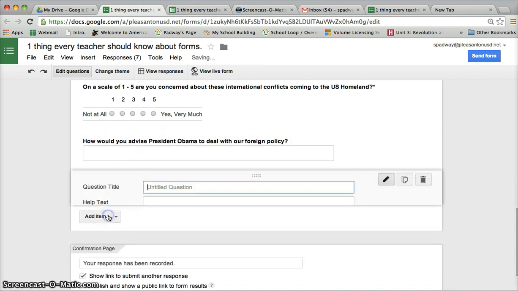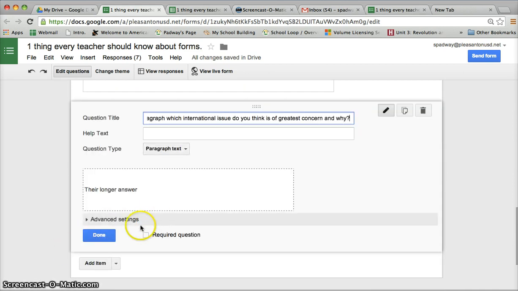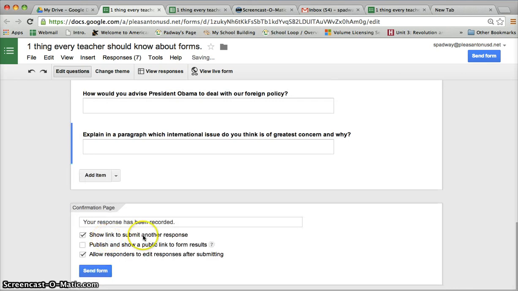We're also going to add one more paragraph question. Explain in a paragraph which international issue do you think is of greatest concern and why? And the students would then respond down here. So when I'm all done,